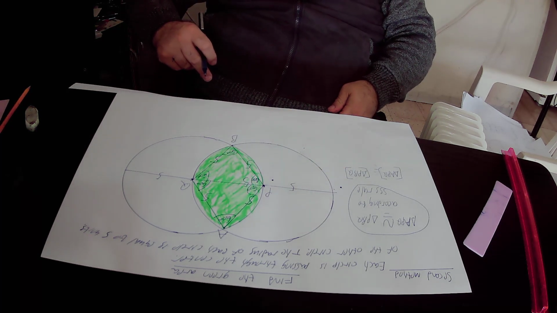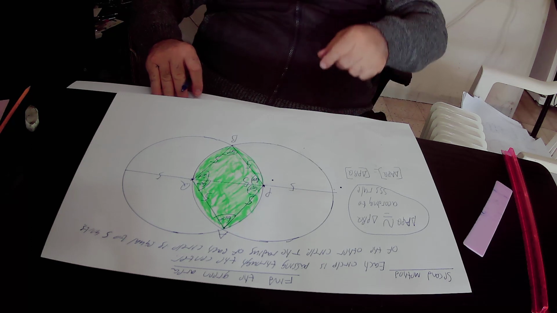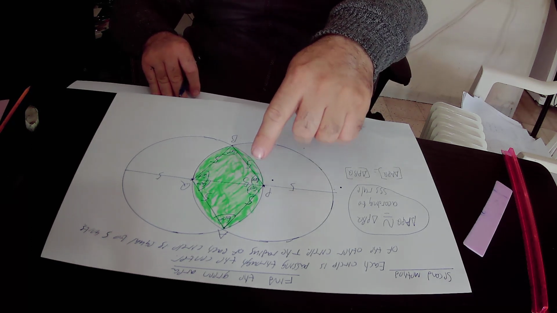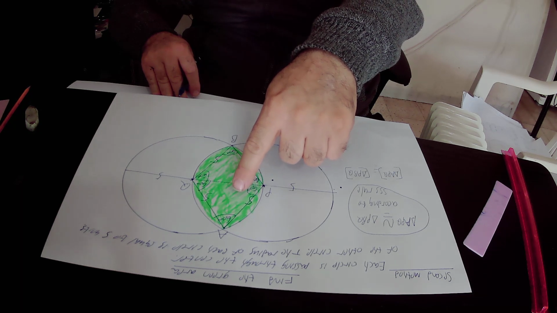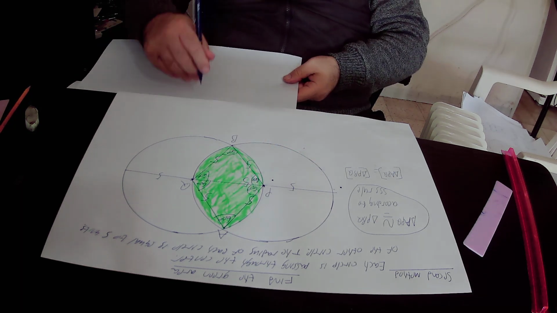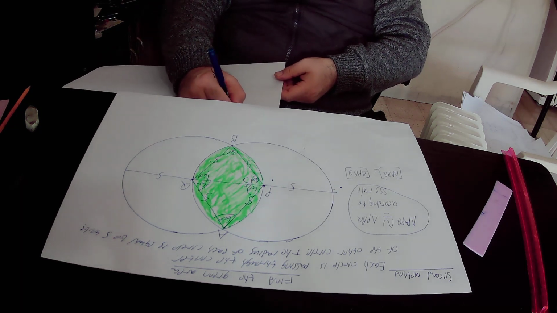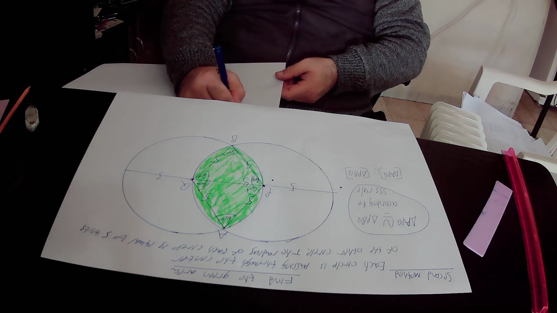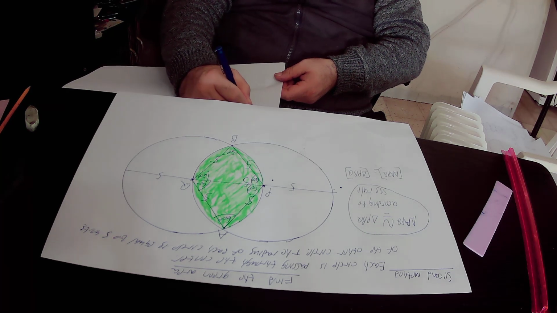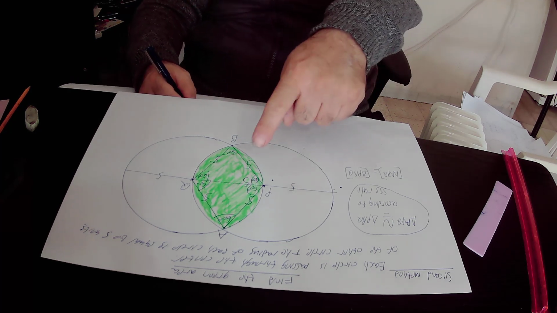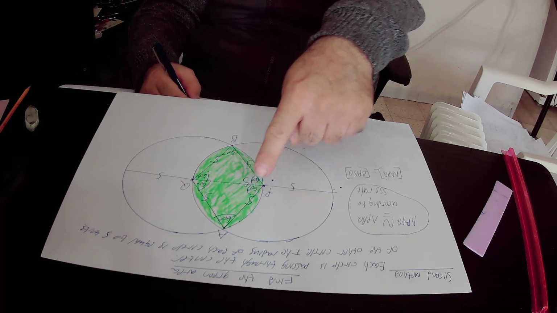Therefore, the area of the green shape will be equal to 2 times the area of triangle APQ